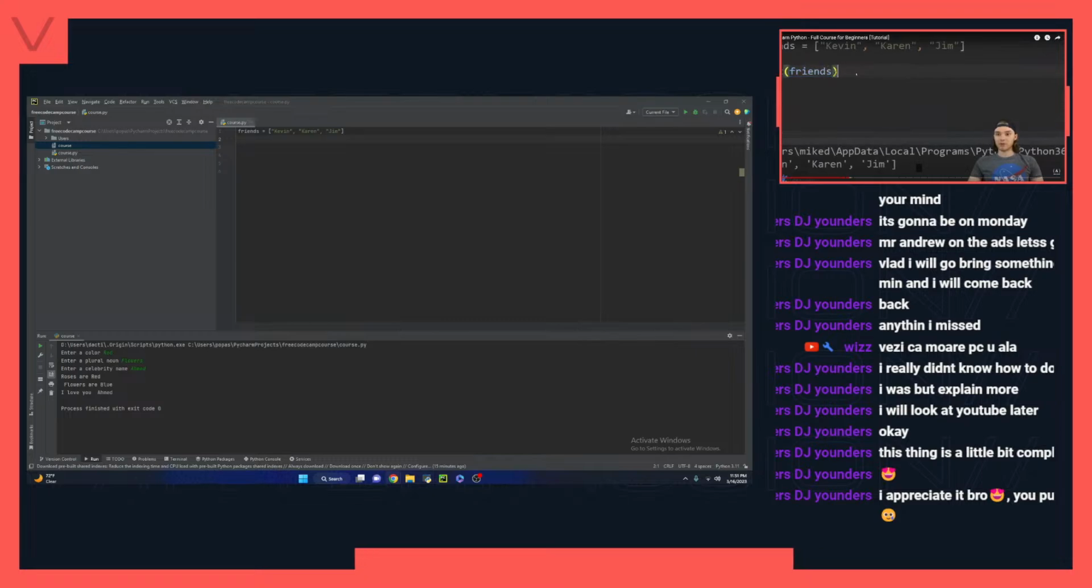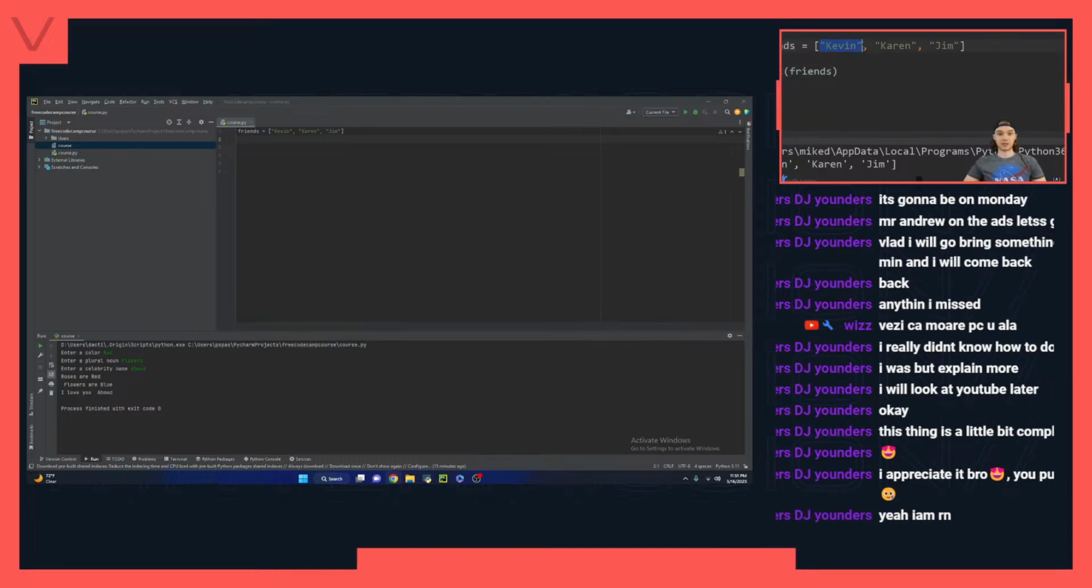Well, I can actually refer to elements by their index. Each one of the elements inside of this list has a particular index. And the indexes actually start at 0. So we would say that this first element in the list, Kevin, has an index of 0. This other element, Karen, has an index of 1. And this third element, Jim, would have an index of